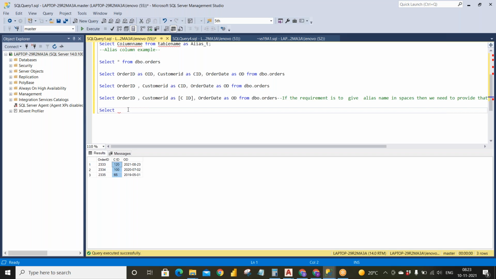Let's see that. Here I want to combine order ID and customer ID. So what I will do is order ID plus customer ID from the orders table.